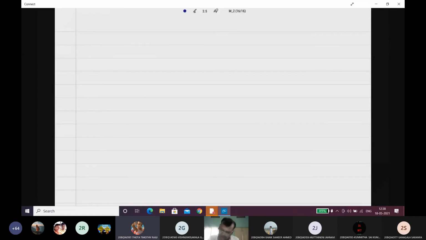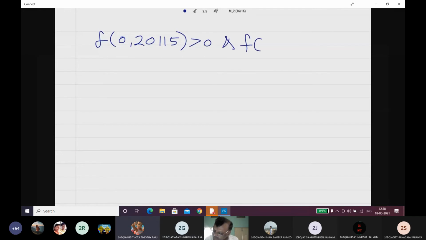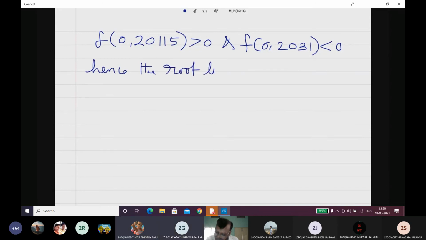F of 0.20115 is positive and f of 0.2031 is negative. Hence the root lies between 0.20115 and 0.2031. Right? Now the next approximation is